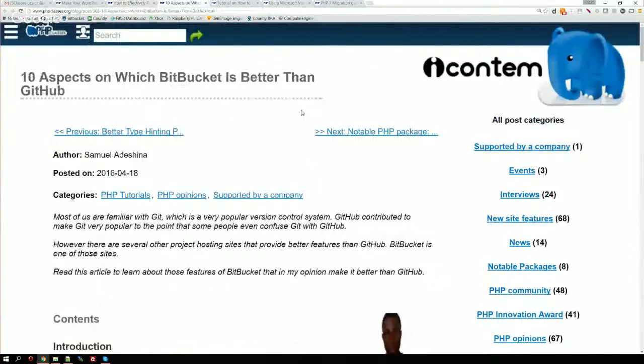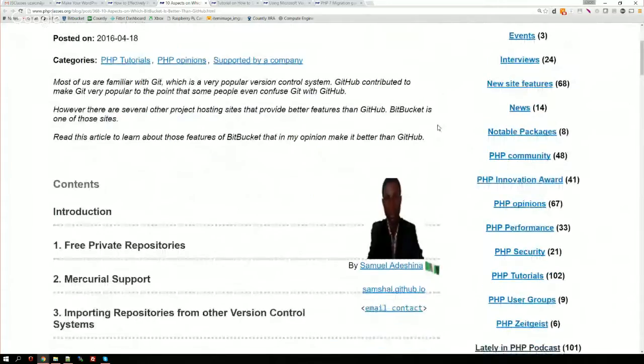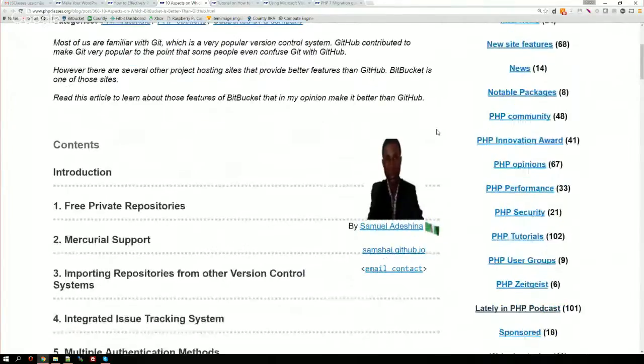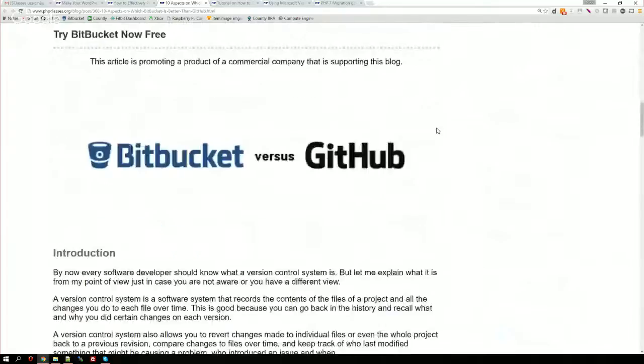Article comment is 10 aspects on which Bitbucket is better than GitHub. And full disclosure, I like GitHub more than Bitbucket, so it would be interesting to dissect this article, but probably because of the use cases. You can always write an article to explain your points of view. Okay, and this article was written by Samuel Adesina from Nigeria, and here are his 10 points why Bitbucket is